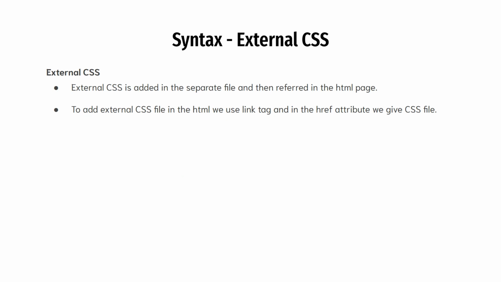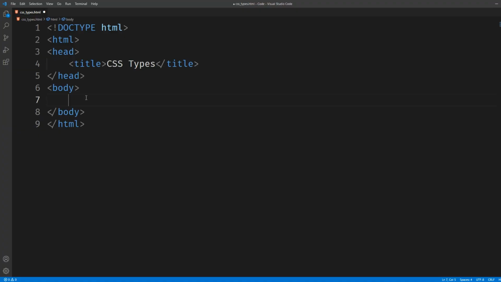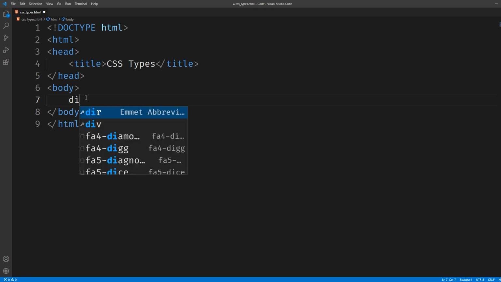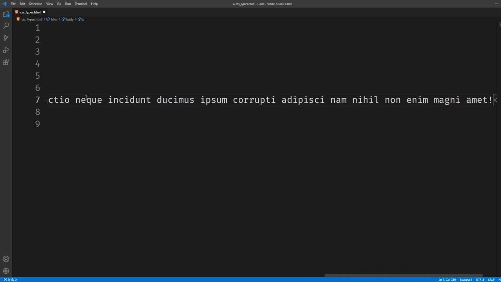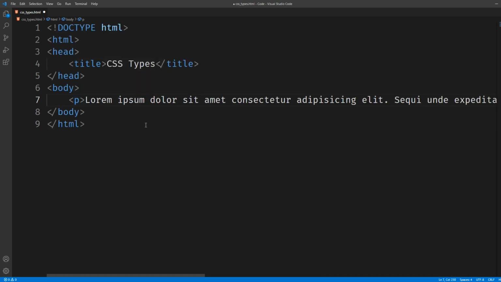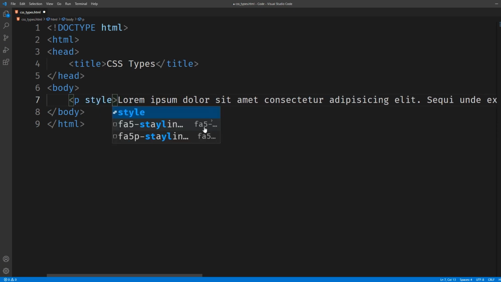Now we will go to VS Code and I will show you how we can add CSS using these three methods. So I am in my VS Code and I have created a file named css-types.html. First we will see how we can add inline CSS. So let me create a paragraph, a simple paragraph, and I will add some random text using the lorem word, and I will press tab, and I will go inside the starting tag of this paragraph. And inside this, to add CSS inline, we will just write the style attribute,